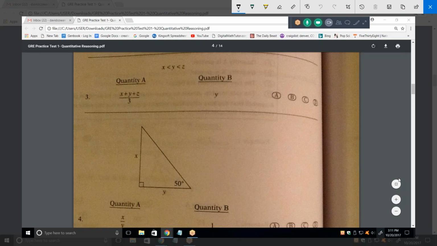All right, so we got x less than y, which is less than z. So